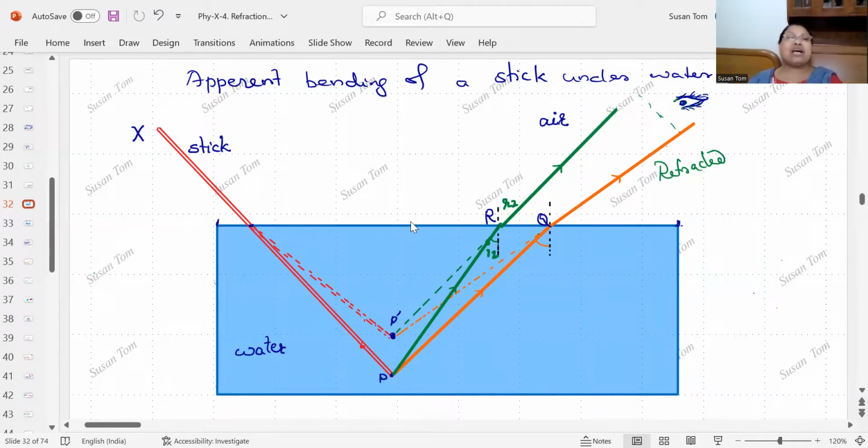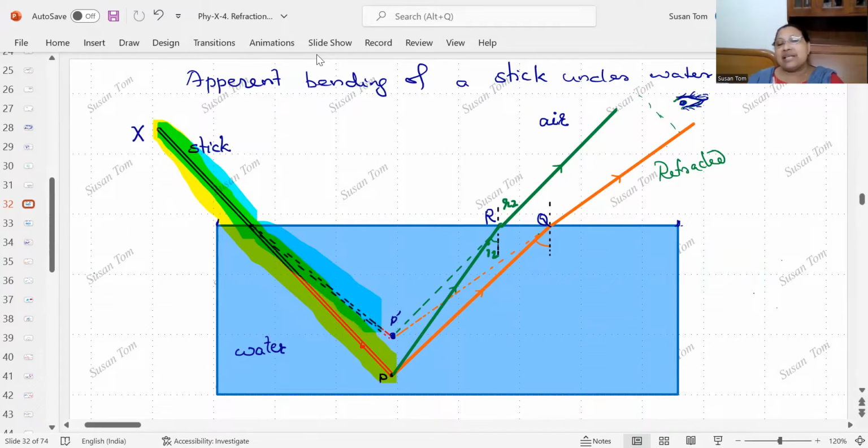So if you apply this phenomenon to a stick, this is a stick. If you place a straight stick in water, how do we feel like seeing it? The part which is outside water will be seen straight, but inside water, the part of the stick will be seen bent. This phenomenon we can explain due to refraction of light. How? Consider